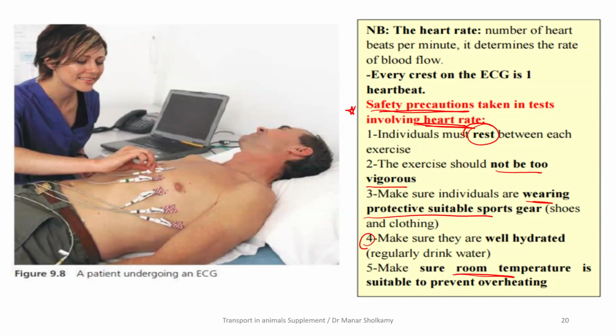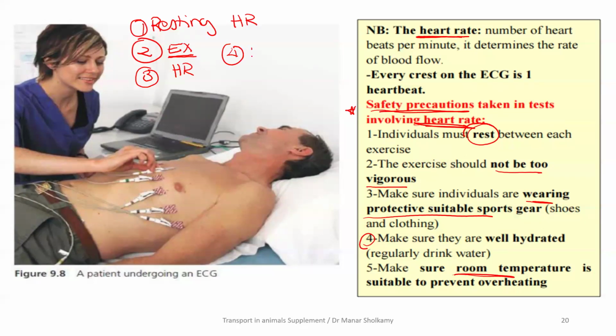Just solve them once and you will find that the format doesn't change. So the heart rate is the number of heartbeats per minute. Again, I will say the steps quickly. Number one, I will measure the resting heart rate. Number two, I will allow this patient or this subject to carry out the exercise regardless of what it is. Number three, I'm going to measure the heart rate immediately after the exercise is over. Number four, I'm going to calculate the difference in the heart rate, or the percentage difference, to get more accurate results.